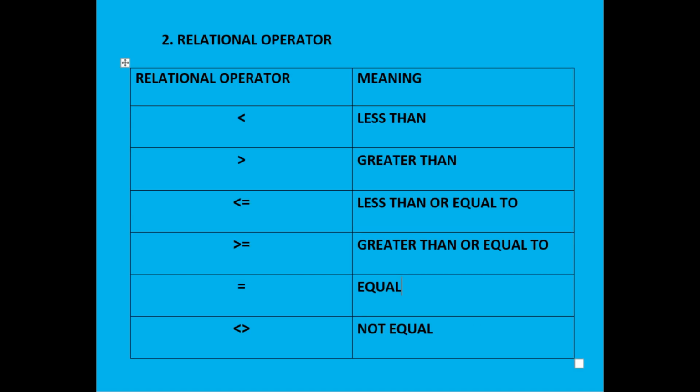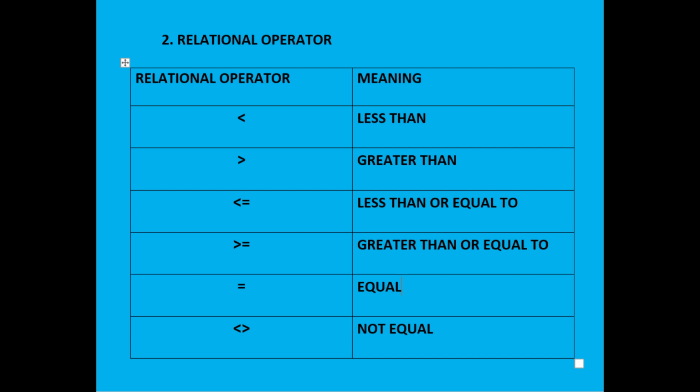Coming to the relational operators. Relational operators, the basic symbols are same as that in the maths. जैसे less than symbol, it is like less than only. Greater than is also like greater than. Less than or equal to is more or less like the maths. Greater than or equal to symbol, you can easily find it out. Equal to is as same as in the maths. But in the case of not equals to, the symbol is quite different.